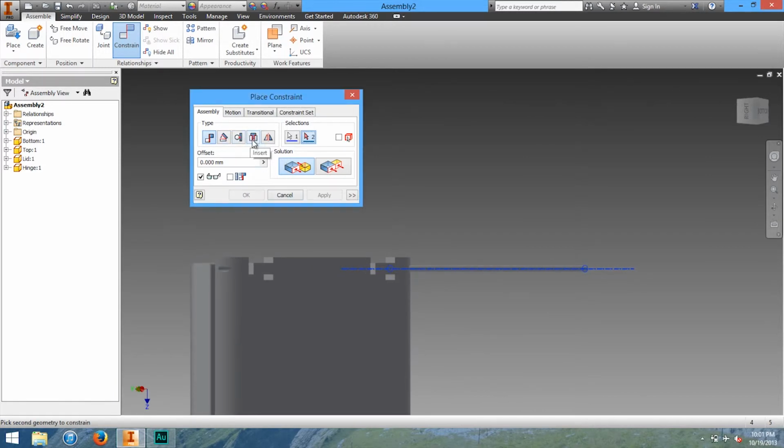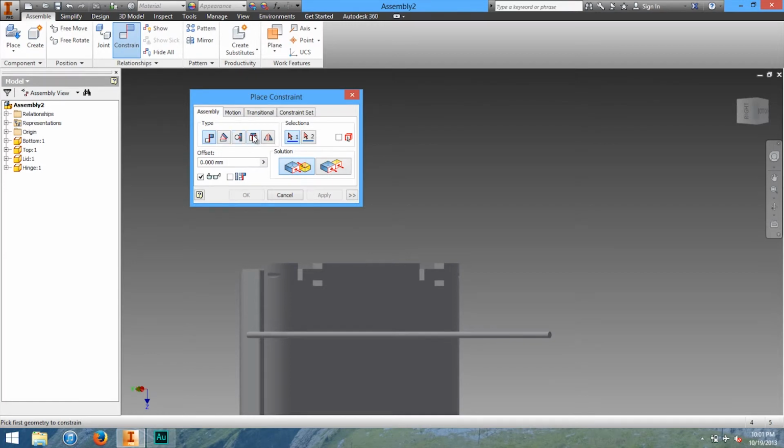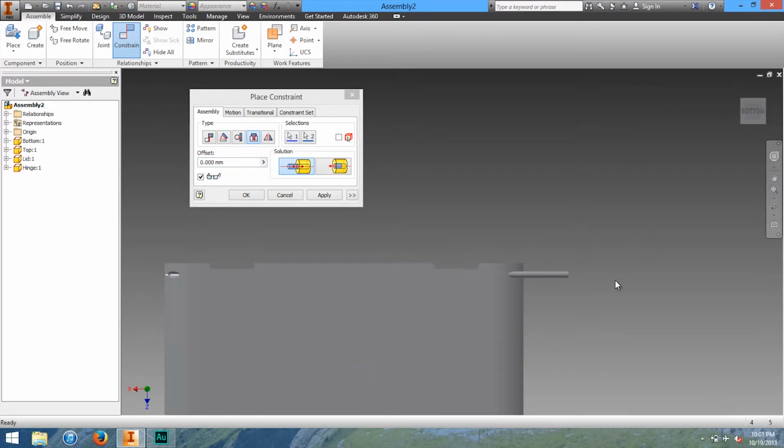I should have used the insert tool. I'm just gonna, okay, I'm gonna use the insert. So I'm gonna select this part, and I'm just gonna insert it into this hole. Alright, so that was much easier, but I'm going to apply that,